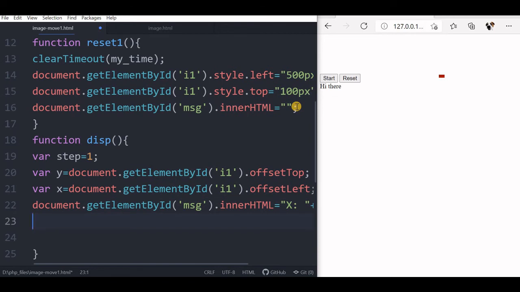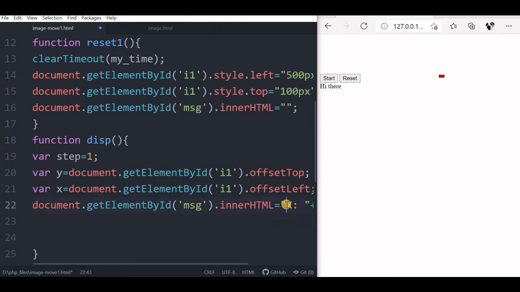Now this display part is done, now the movement part. If y is less than 400, then first what will happen is this cursor will start moving in downward direction, reach one end, then it will move in a right direction. So we will understand how a vertical movement is happening and how a horizontal movement is happening.